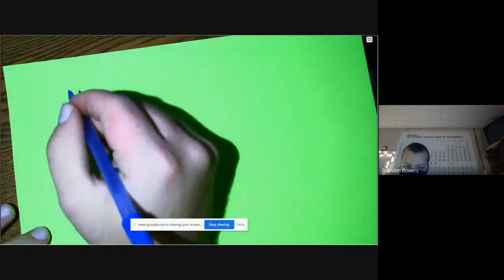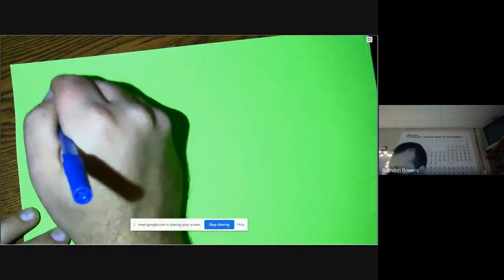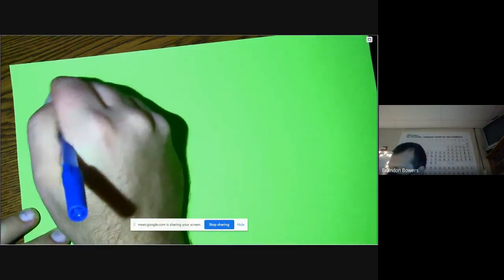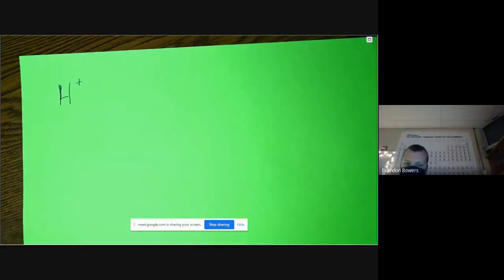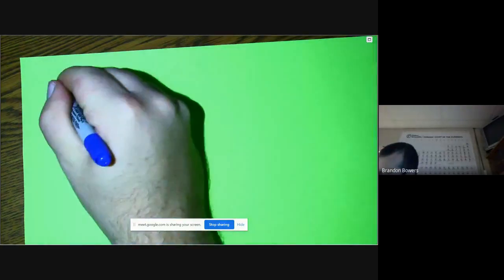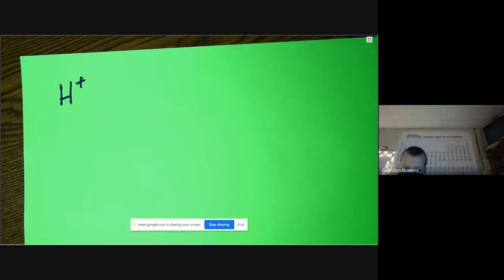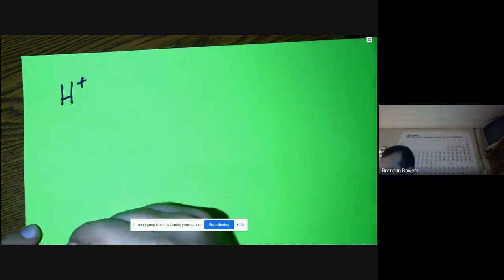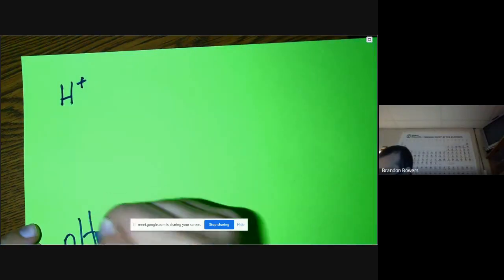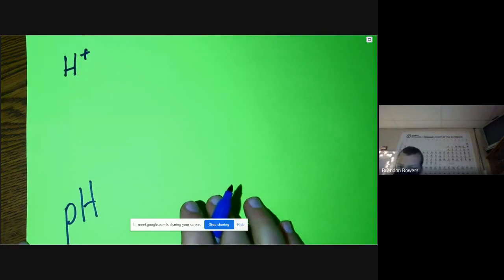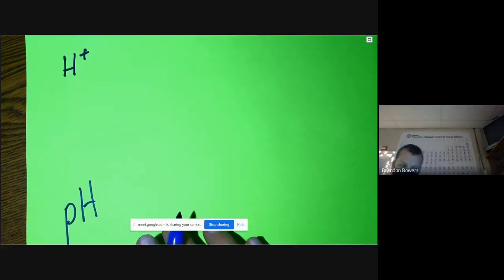So in the top left, I'm going to have the H plus concentration. Actually, with the Sharpie, let's get gold. Ooh, blue. That's what I'm talking about. My H plus. So that's what we just talked about. H plus concentration. If I want to go to pH, the equation that we just did,